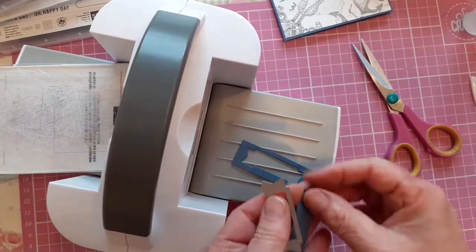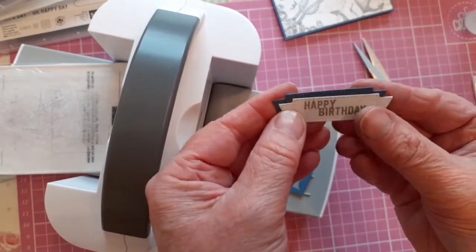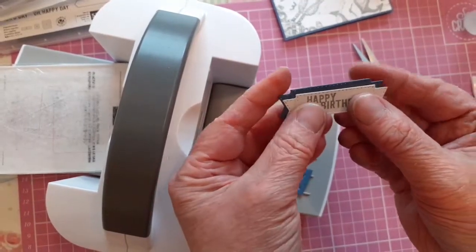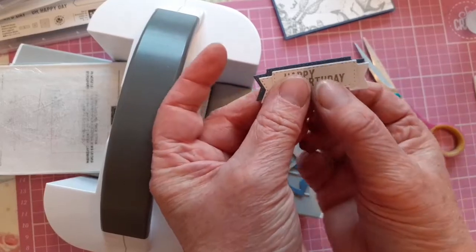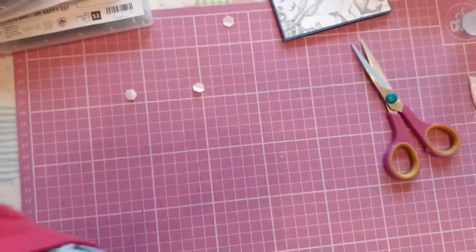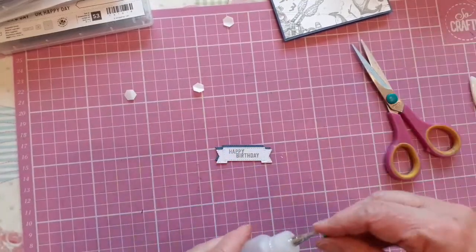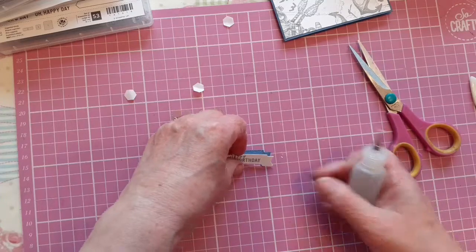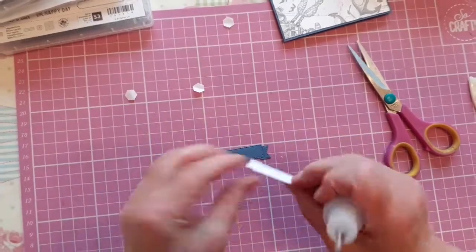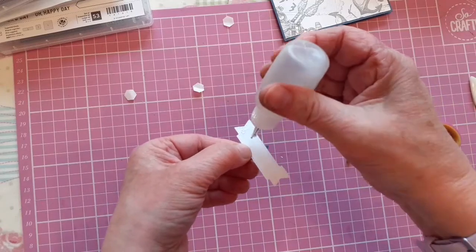So let's have a look whether, if we place it like that, I think that's how I'm going to do it. Okay, so let's move those out of the way. So I'm just going to glue that onto the back. So I'm just going to put the glue on here and then glue